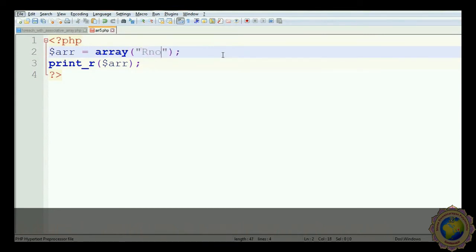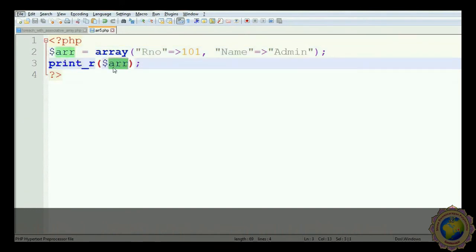Now, second, define R number and give the value 101 and a second name. Suppose here I give the name admin, in double quotation marks. So here R number and name work the same as the index value, automatically generated by default as 0 and 1.